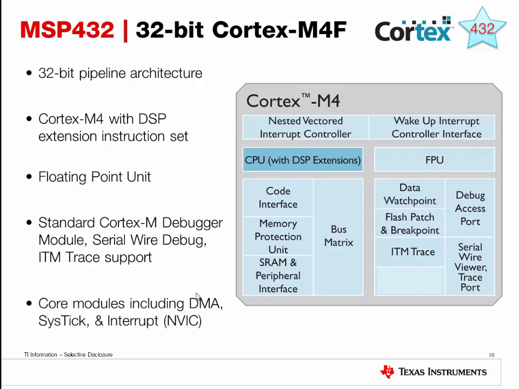The CPU uses a Harvard architecture, which means that it has a separate instruction bus and data bus. This allows the instruction and data accesses to take place at the same time. And as a result of this, the performance of the processor increases because the data accesses do not affect or interfere with the instruction pipeline.